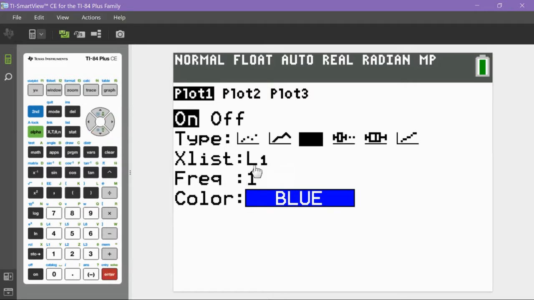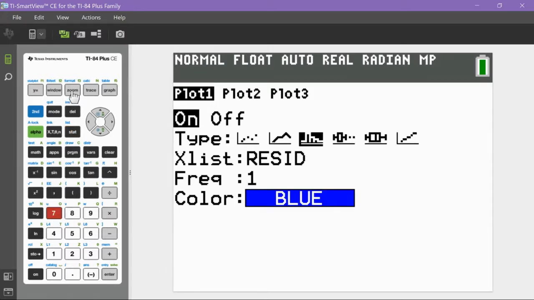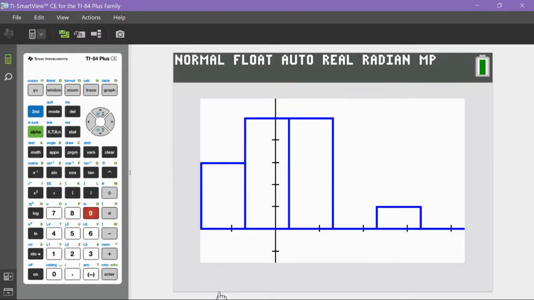And I'm only going to have one option for XList. I'm going to go down to second stat, this little list option, second stat, and you should see resid, number 7. Now, if you don't see this, it's because you did not run the linear regression model. Go back, stat calc 8. So I'm going to do 7, and then I'm going to do zoom 9 again, and I'm going to get